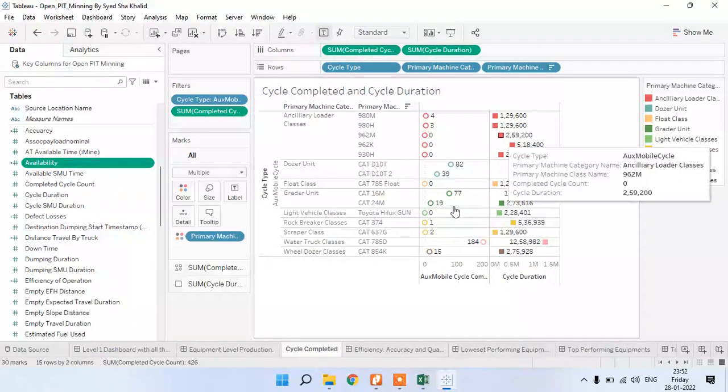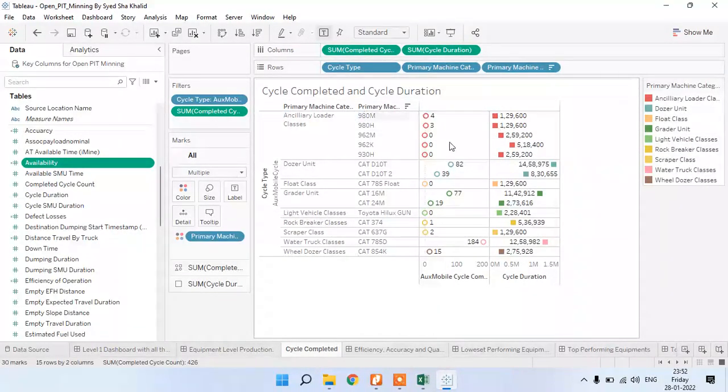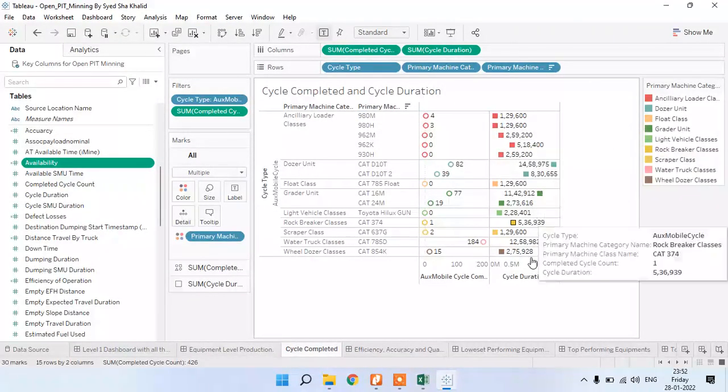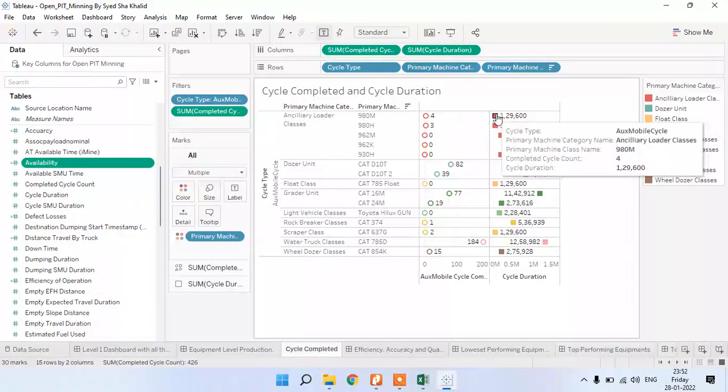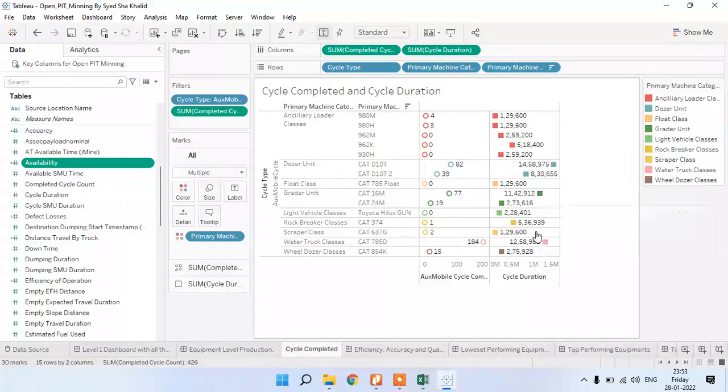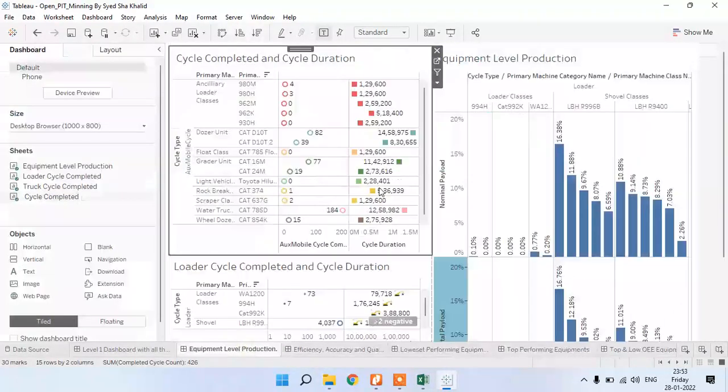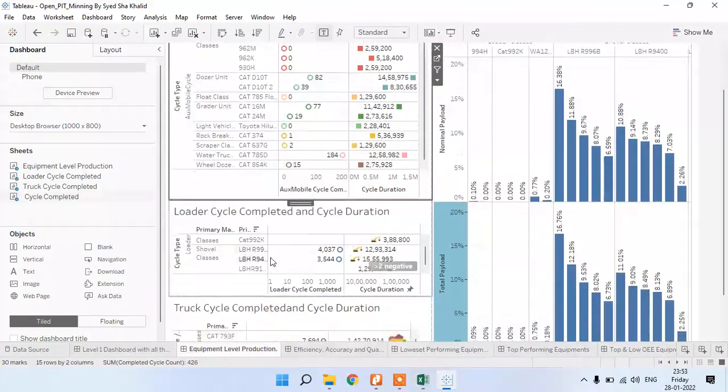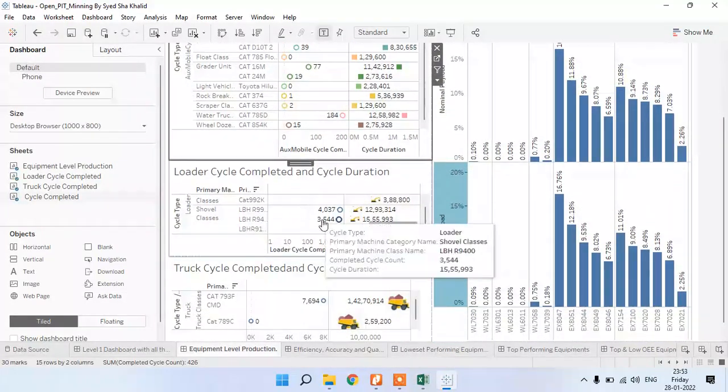Again, I have considered this as shapes instead of only bars, just for cycle completion, like one complete cycle is there, and then cycle duration for each are there. Okay, the representation is different. Next, the same type, loader cycle is there.